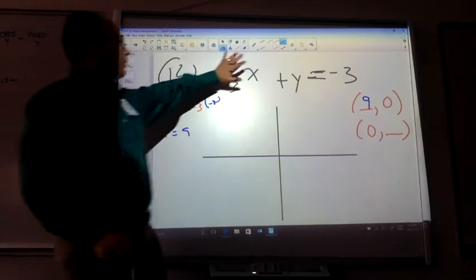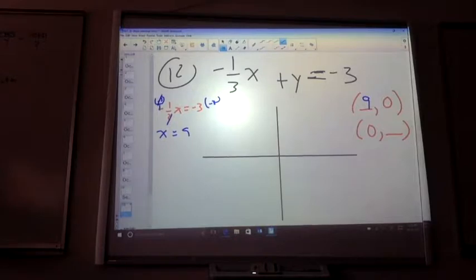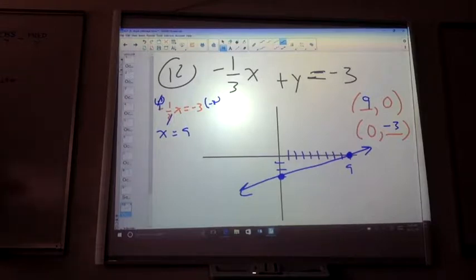The other one's simple. Cover up the fraction and stuff, so y is definitely equal to negative 3 right there. So 9 comma 0 is right here, and 0, negative 3 is right here. Connect the dots. Does it appear that one is increasing or decreasing? It's increasing. It's rising up to the right, upper right, so it's increasing. Any other questions on pages 59-60? Yeah? 13. Okay,